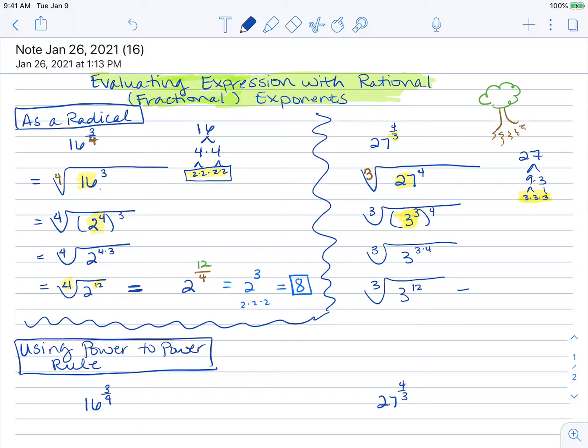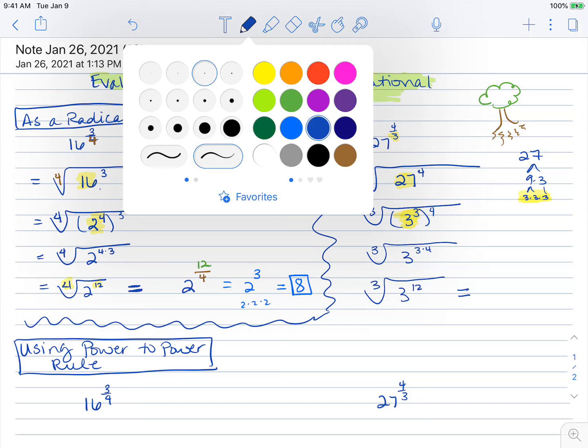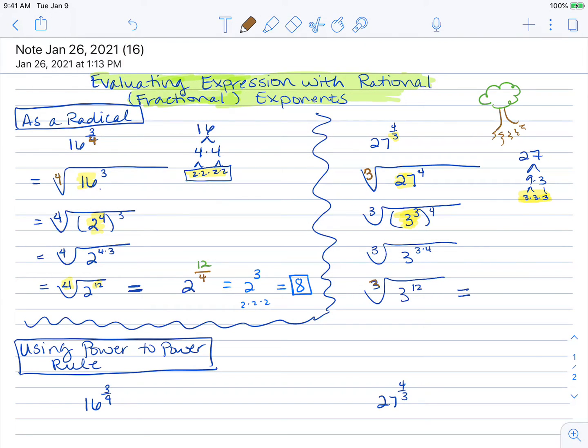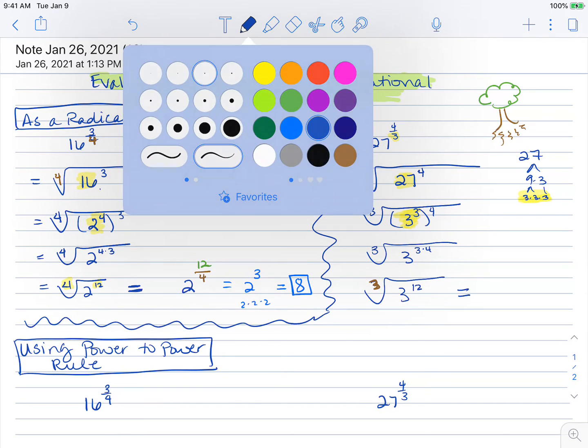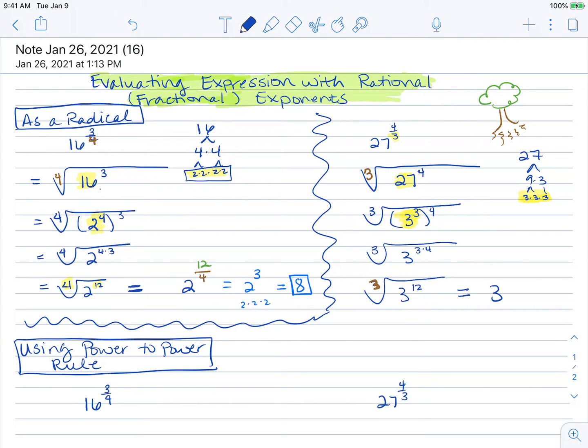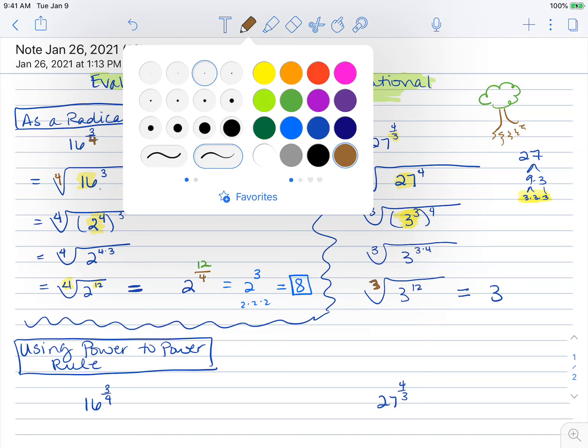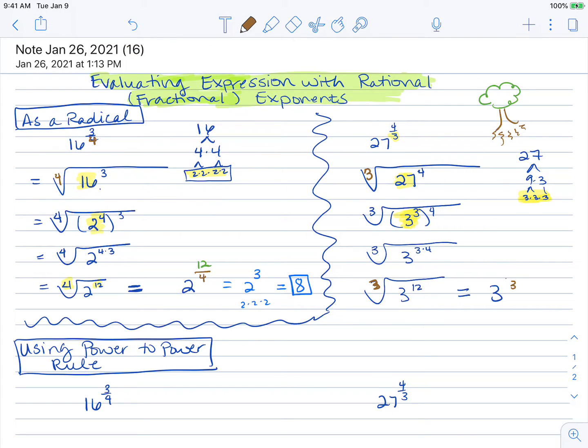And then I can rewrite this and say, well, I know that my root is going to go in the denominator, so I can put this in a denominator. I have my 3 and I have my denominator of 3 and my power of 12, and I can reduce that fraction and say that's the same as saying that I have